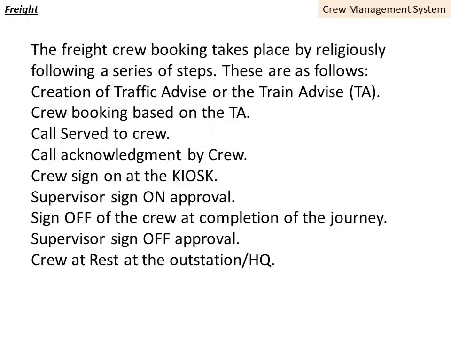Supervisor sign-on approval. After signing on, the supervisor approves whether he is the correct person or not, and if anything is wrong with the BA at the kiosk, he can reject it. For example, if the BA is coming positive, the percentage is given and the kiosk immediately shows red. The supervisor can reject the sign-on, and he will immediately be sent for signing off. After 8 hours or 4 hours rest, he will be booked again, and after proper checking, signing off can be done by the crew in the same way.